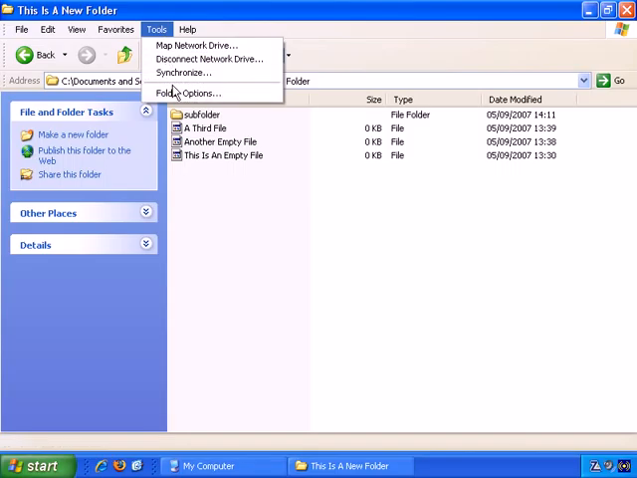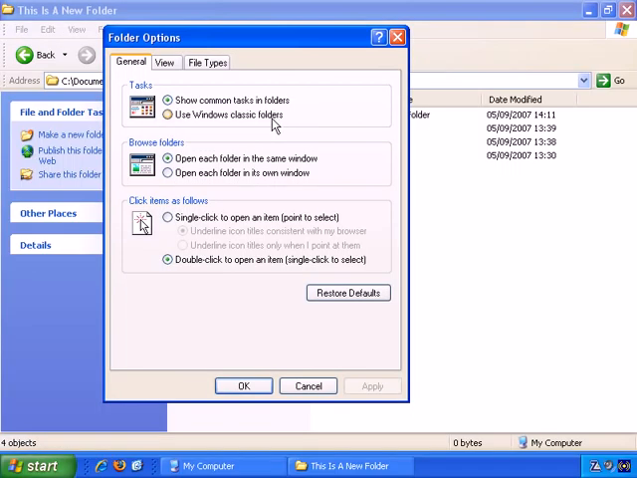If you go to Tools and Folder Options, there are some options here. For example, Show Common Tasks in Folders, and so on, and Browse Folders. You may want to play around with some of these. Open each folder in the same window, or open each folder in its own window. For example, if we choose that, and OK that,